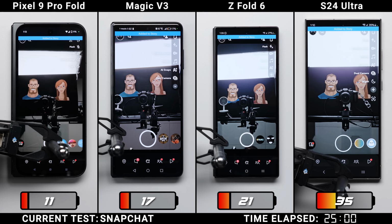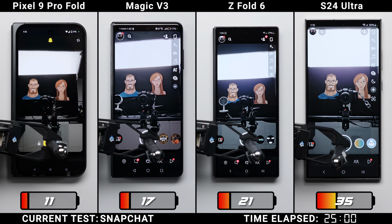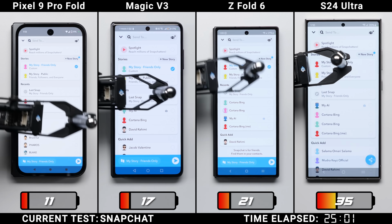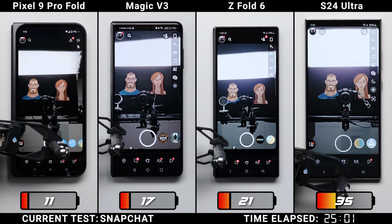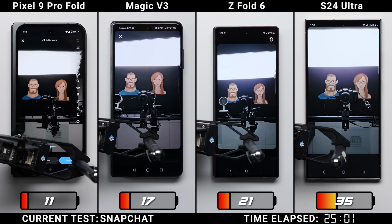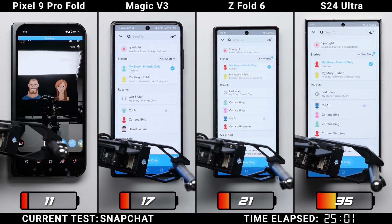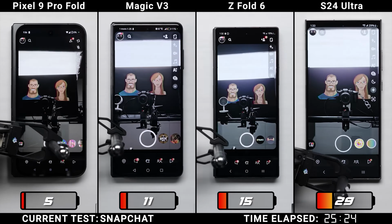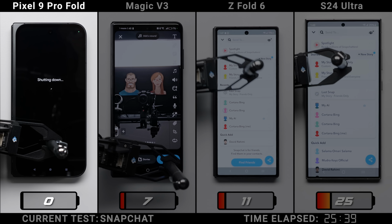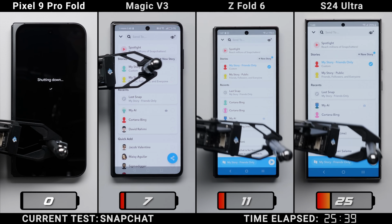I was fully expecting the S24 Ultra to be in the lead, but I am a bit surprised by the Z Fold 6. I mean, obviously it has the smallest outer display and the smallest inner display of the foldables, but still, to be leading the other two with a smaller battery, it is kind of impressive, especially when you consider that the Pixel 9 Pro Fold doesn't even make it all the way through Snap, giving out after 39 minutes,